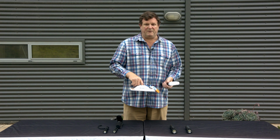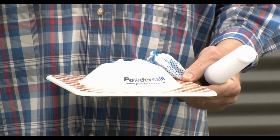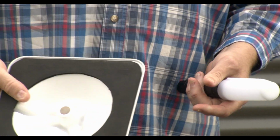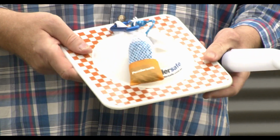The purpose of the base was to allow emergency services who need to go up onto the roof of a house or a building to deal with storm damage. They're a lightweight non-slip base that will simply clip onto the belt. The torch sits in the holster. The person going up the ladder can maintain safe operations by maintaining 3 points of contact as they go up